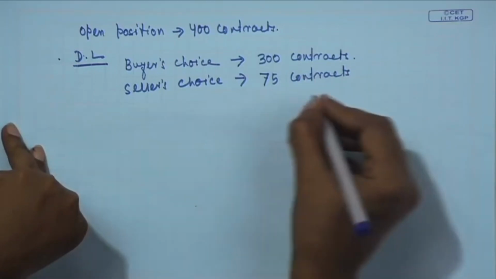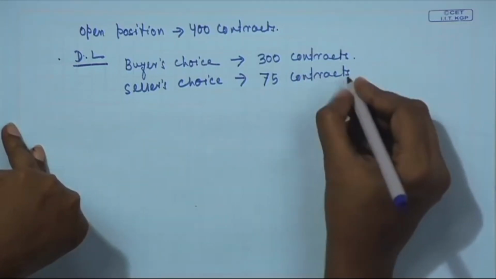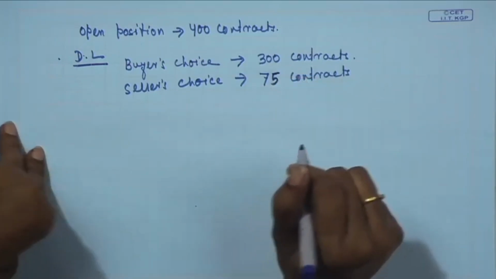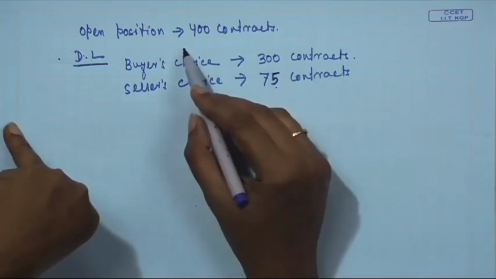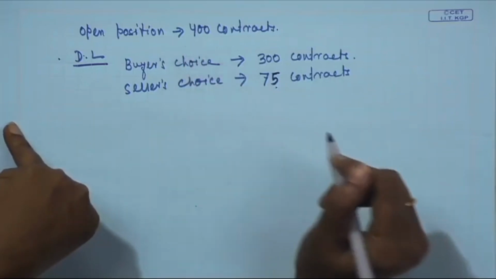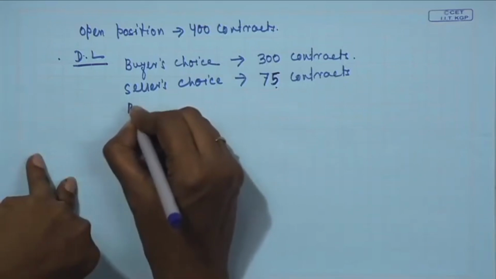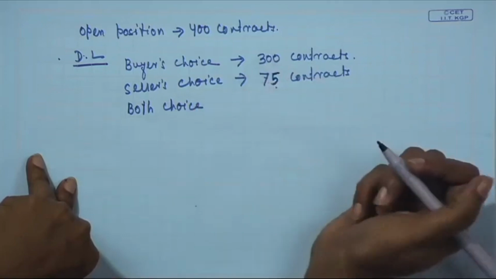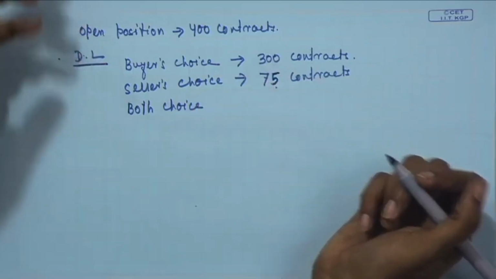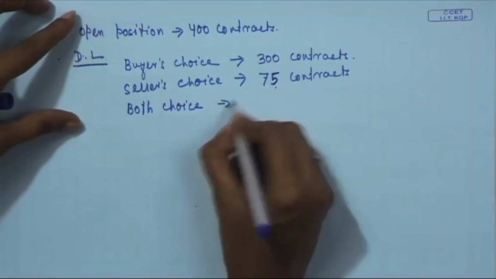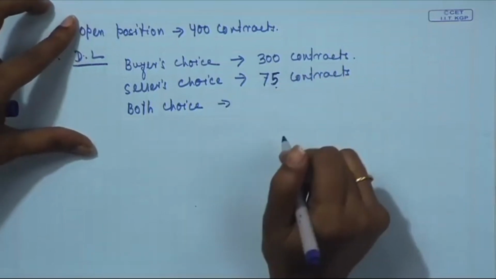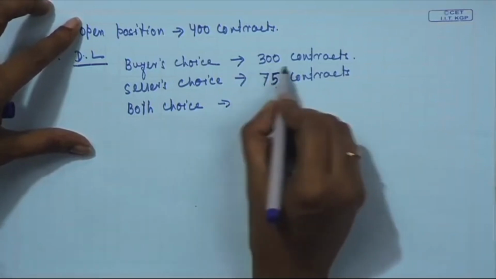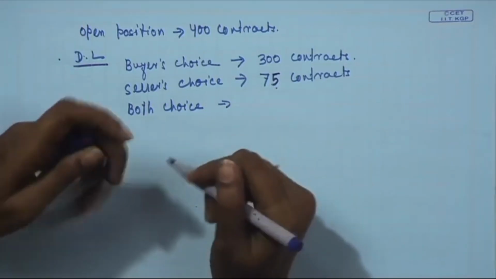So, the sellers will be delivering warehouse receipt for 75 contracts, and the remaining 325 contracts will be settled through cash. And if both buyers as well as sellers have a choice, then the lowest of both buyers and sellers will be given as the choice to the exchange, and depending upon whichever is the lowest, that amount of warehouse receipt will be given to the exchange,